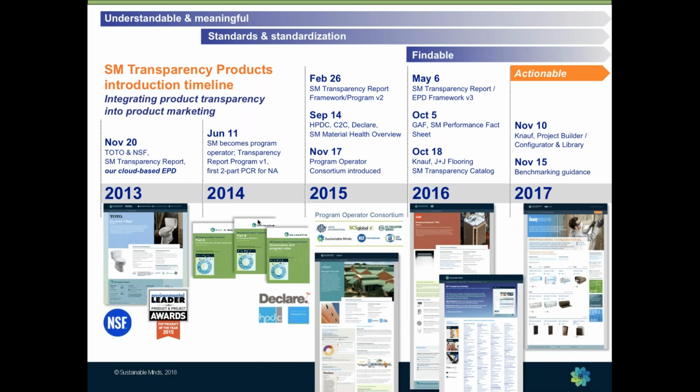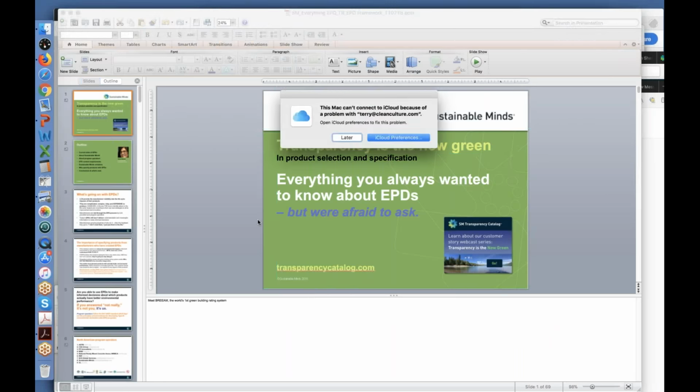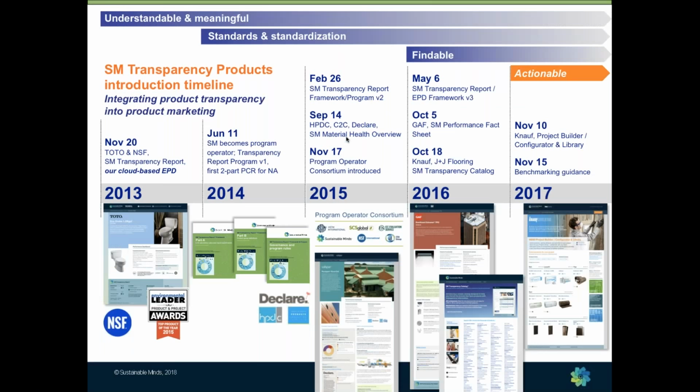program. In 2015, we became a founding member of the Program Operator Consortium, where a group of program operators came together to pursue exactly this challenge of how do we simplify and standardize the way PCRs and EPDs get done in North America. We had significant impact both inside those organizations and